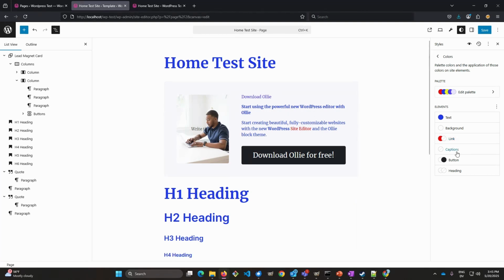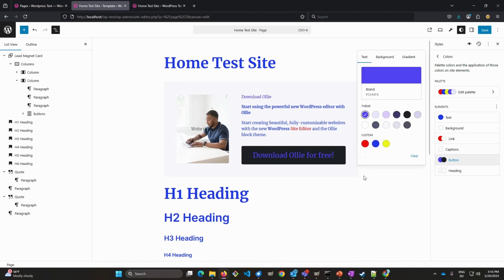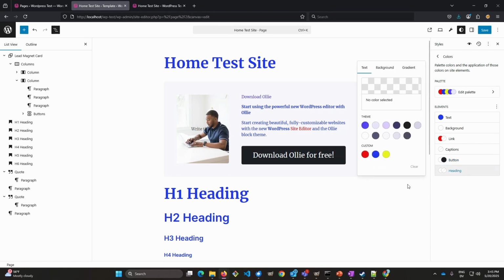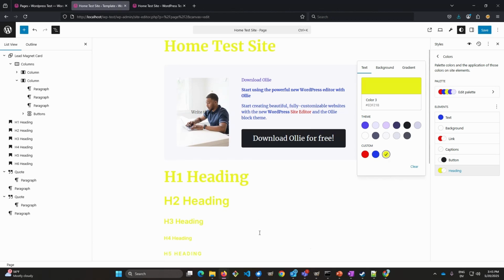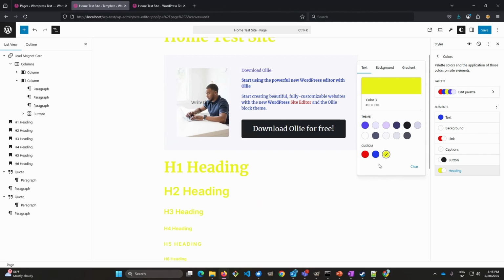Buttons. That's just going to be the text for your buttons here, right? So if we're going to move that over to a different color, I can do that from this interface. Probably going to keep that on white for now. And then headings. If I want to change the color of all my headings, I can do that here. The one thing about headings is you can't change the color for your individual headings. All right, so at some point I'm sure that'll pop up, but for now, if you want to change your heading colors, like I'll typically have that H5 heading be one of the non-primary colors, then you would have to make that custom. Okay,